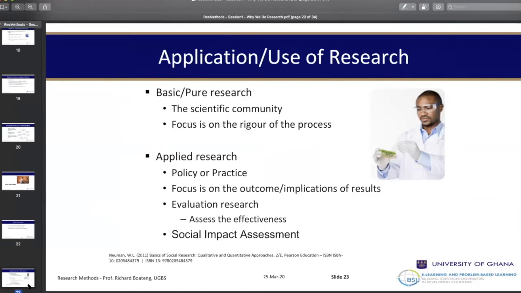There are two major recipients of research activities. One is the scientific community. If the scientific community is the recipient of the research activity, we usually call that type of research peer research or basic research. In that case, the researcher is carrying out the research with the idea of publishing it or making it available to the scientific community for review and for feedback and to gain acceptance of its reliability and accuracy.